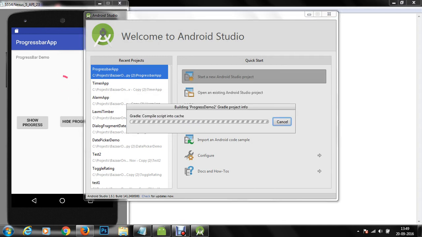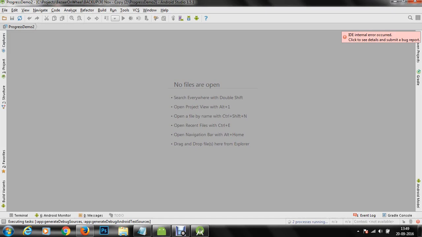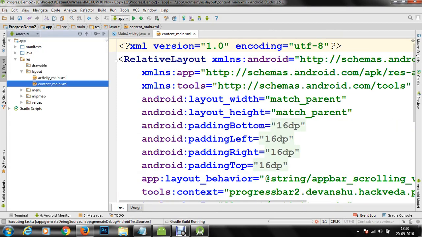Now we are going to create a progress bar which will have ample amount of information within the progress bar itself in order to convey a message to a user. So we are going to create a new progress bar application. This time I don't need a progress bar to draw from the XML. I'm going to make use of a Java program and create a progress bar, and that progress bar will be displayed in our application.